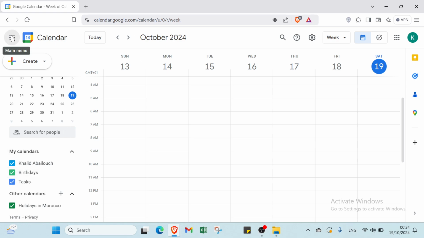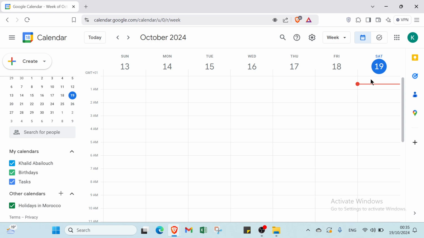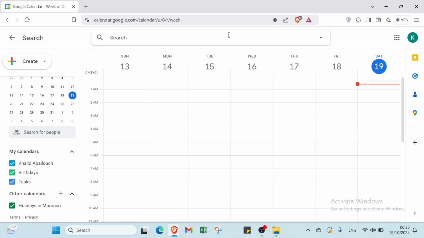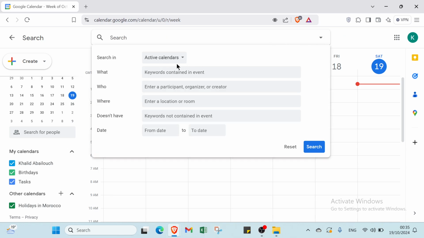So first of all, we have here main menu, and we have here today if you want this day. So we have here the first hour on this day. Then we have here select also the week that you want, and we have also here the month that you want. All right, then here you can just also search, for example, if we have active calendars,